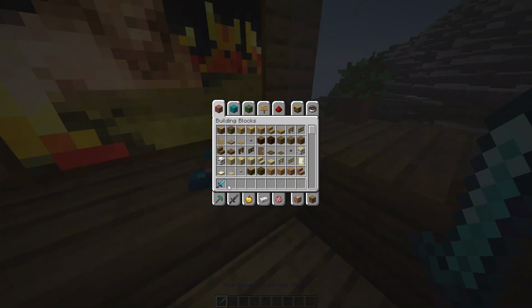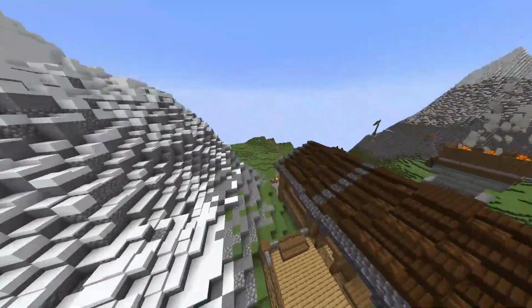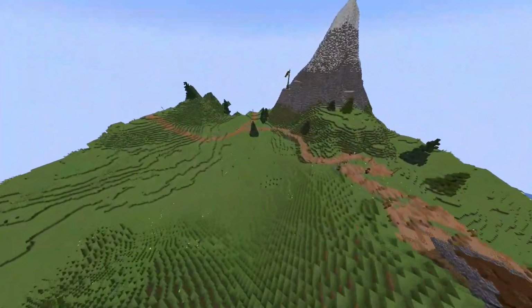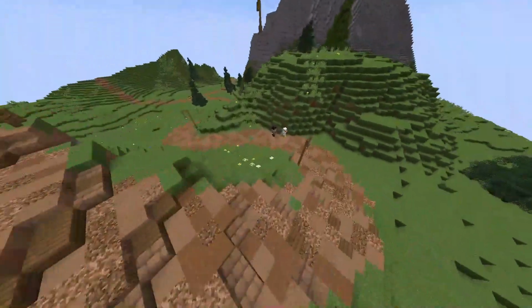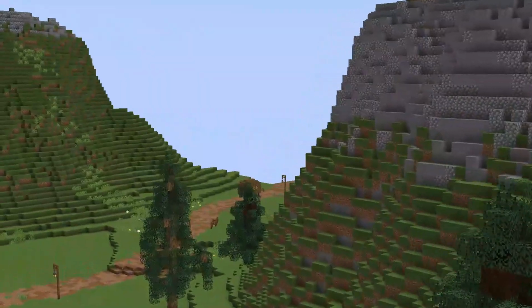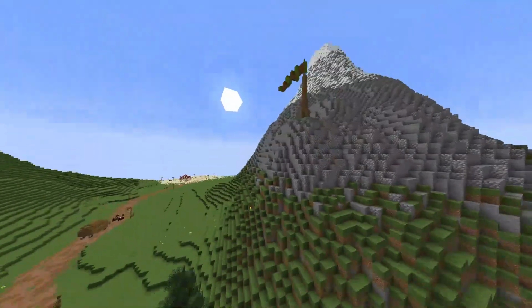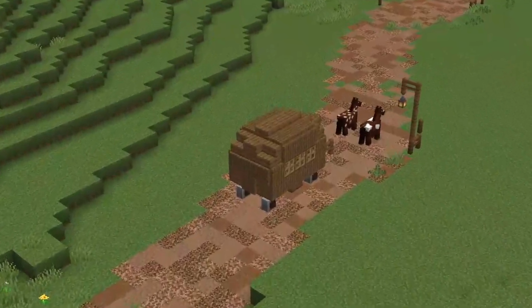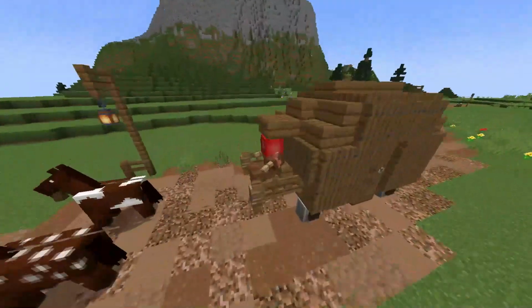Sword here. I did customize it. Thought that would be cool. And if we follow this path down, a couple armor stands, and we can head over to the beach. Get this nice flag here. Got a carriage, horse, whatever this is called. Some more armor stands here.